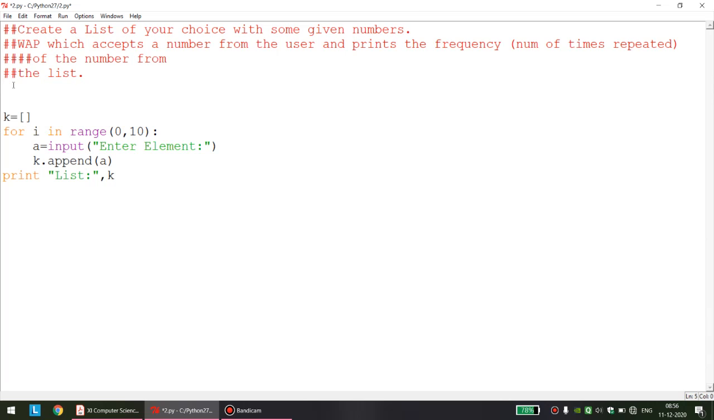So I think till now our program is working properly, that I have entered some elements and those elements are printed properly in the list. Correct. Now what shall I do? Our program should accept a number from the user. So let us take E equal to input, enter an element